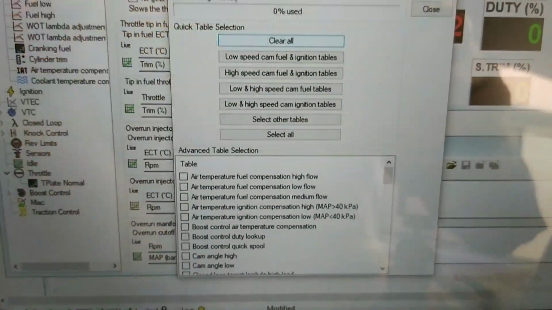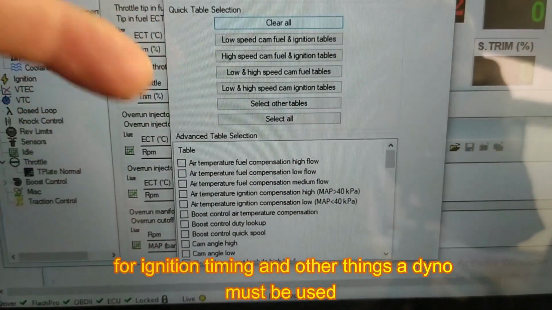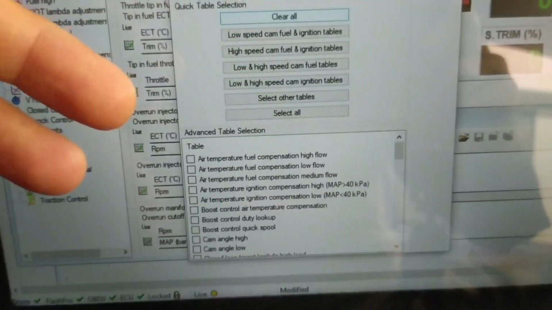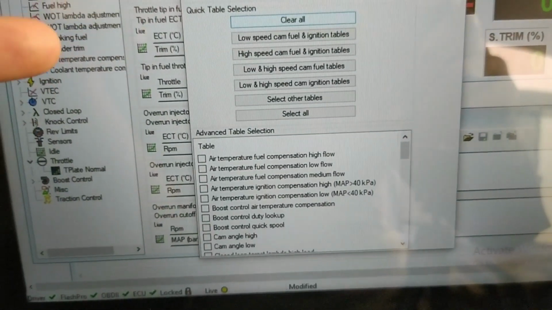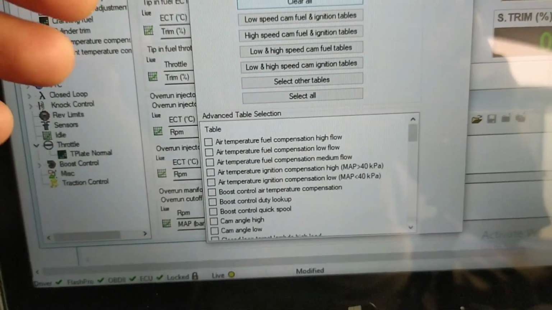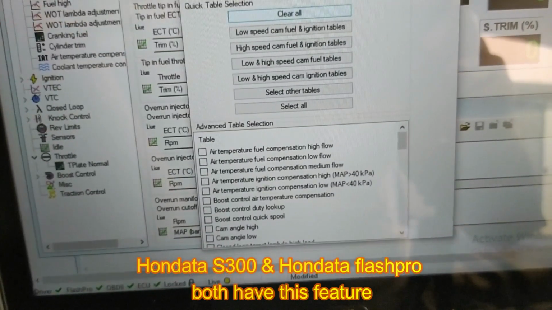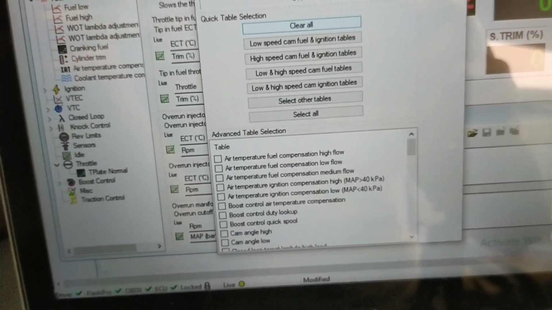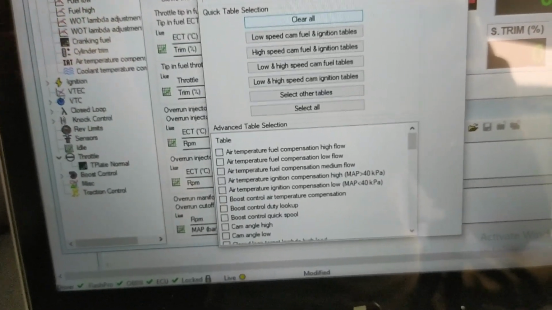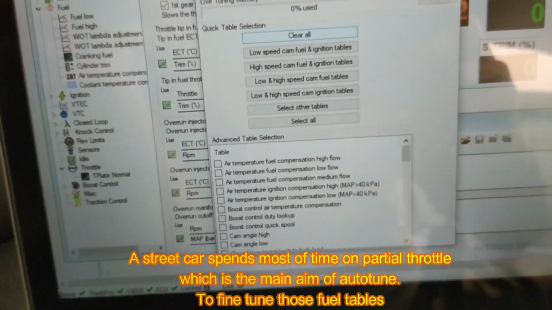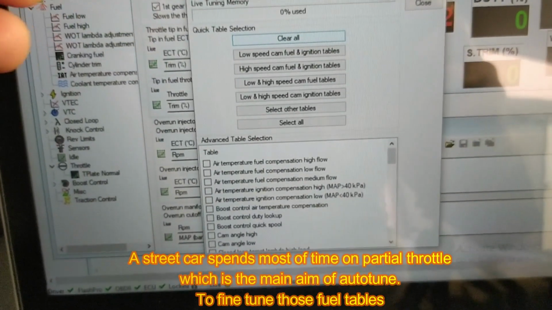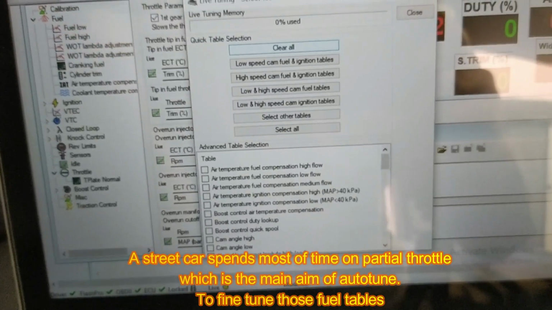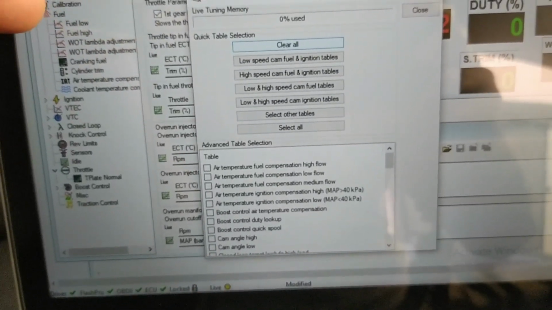Okay, so now for the cam and ignition table, you don't touch it because these need a dyno for tune. Okay, because you don't know which cam angle is making more power, which ignition is more power. Okay, so this is for those people who have dyno tuned or their full throttle tune has been okay, but they want to tune the other areas of the map. For example, in a street car you don't always run your car in full throttle. Instead 90% of the time it is partial throttle, low rpm, out of boost. That area tuners leave.